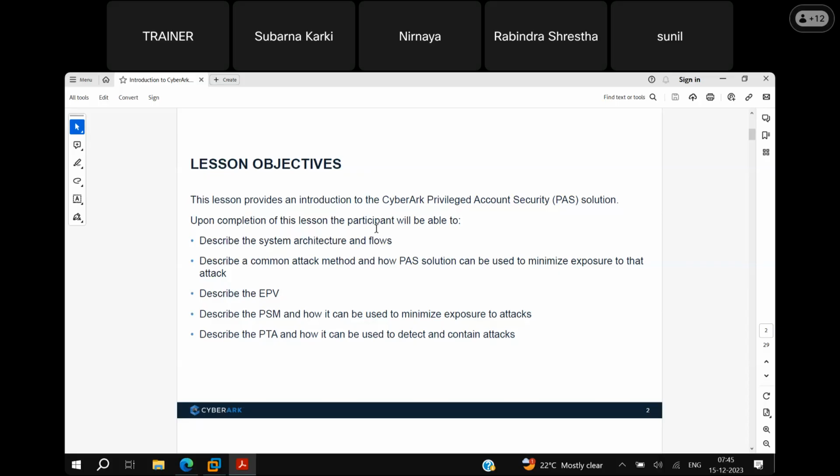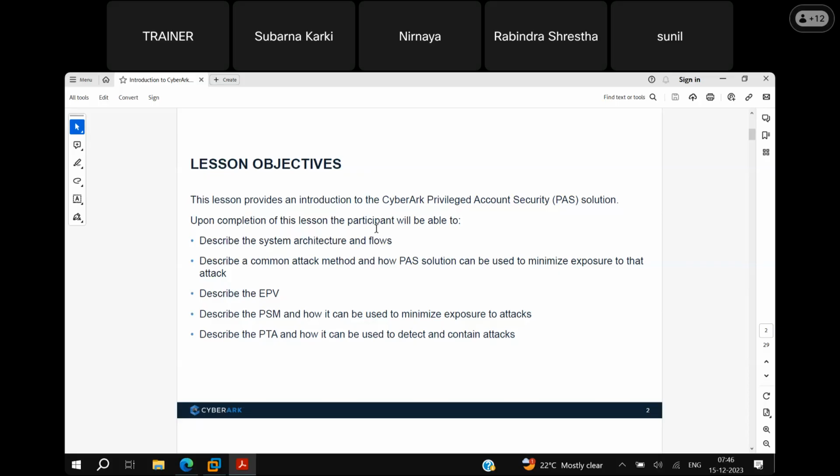I can do configurations, I can modify files, I can install software. But if I log in with a guest user account, this account does not have enough privileges. It may not be able to do some configurations on our Windows operating system. So in this example, I can say the administrator account is a privileged account.